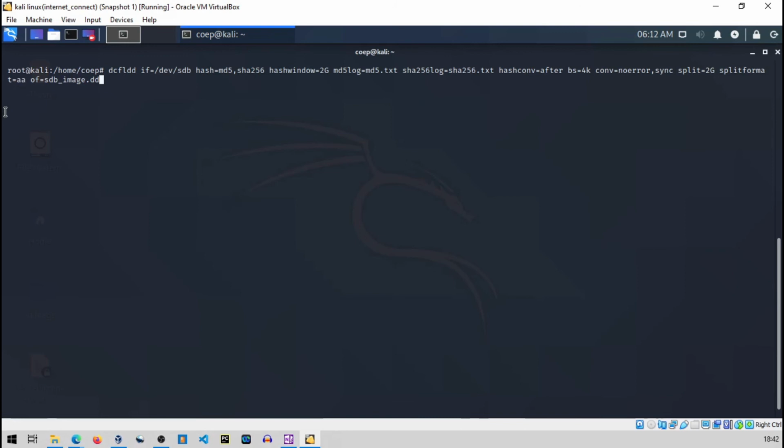There will be 4 output files and their names will be aa, ab, ac, ad. Let it execute first. I think I didn't insert status equal to progress, but let's see, it's working, so it's fine.